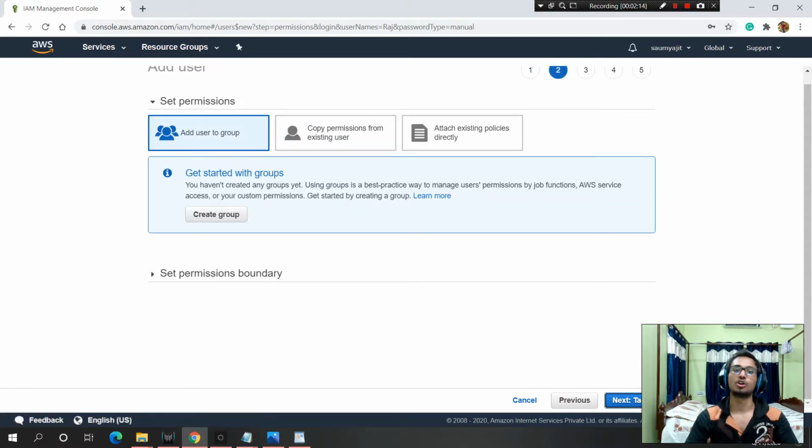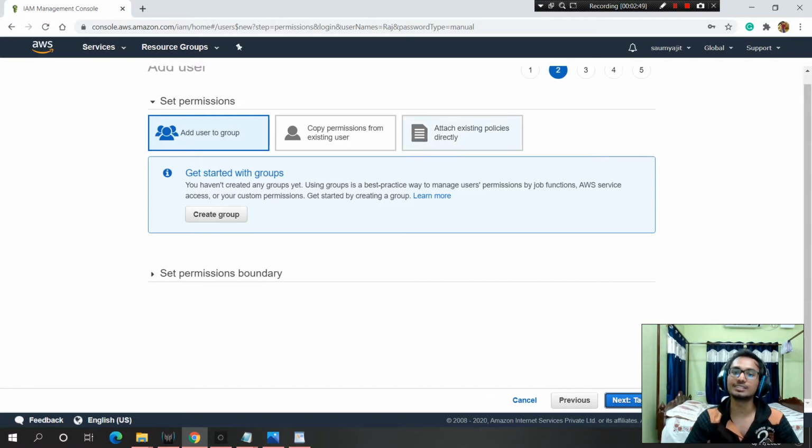Now here you have three options. Add user to group, and that group will have some permission, and the user will inherit that permission from that group. Meaning, if you are a user with username Raj, you became a part of, let's say, one group which is the group of developers. You inherit the permission which the developer group already has. Another option is copy permission from existing user. Let's say one user Ram has some permission and you want to inherit that permission, you can do that.